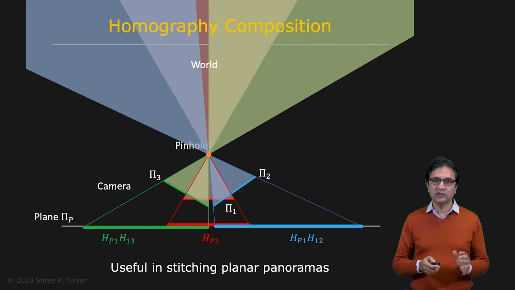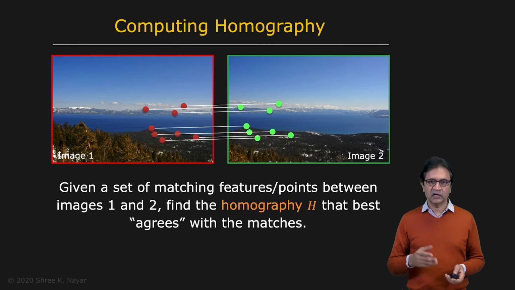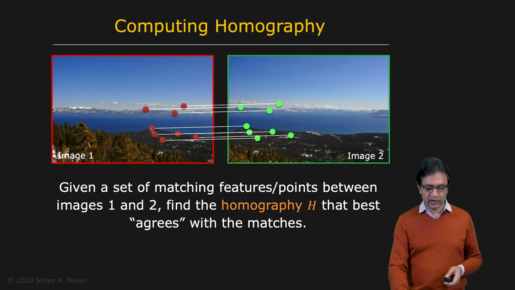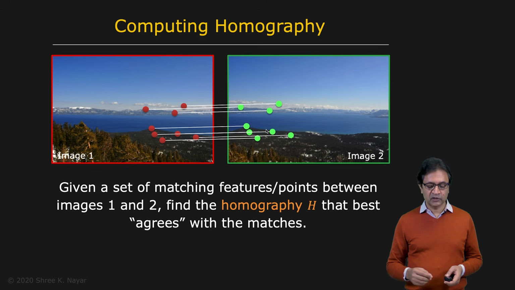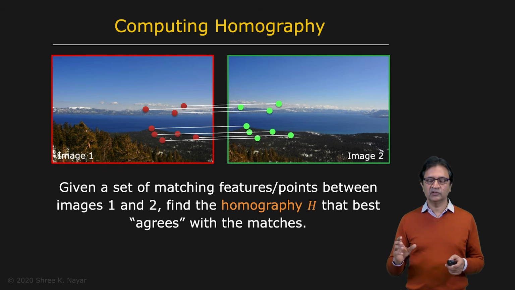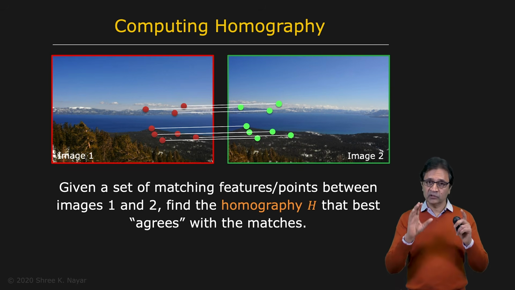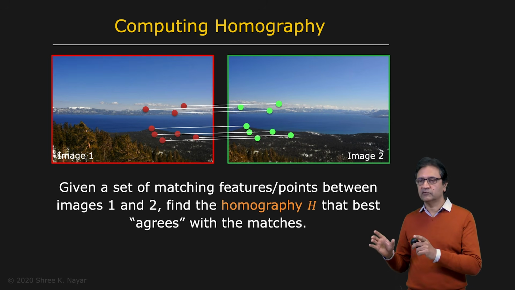Okay, so how do we go about computing homographies? Let's start with the problem of just two images. You're given these two images here, image 1 and image 2. You apply your SIFT feature detector, and we're going to match them, and we get all of these matches. Let's say we get these perfect matches right here. So given a set of matching features or points between images 1 and 2, we want to find the homography that best agrees with the matches, that best takes you from image 1 to image 2. Once you have computed this homography, once again, you can essentially warp image 1 to the coordinate frame of image 2,